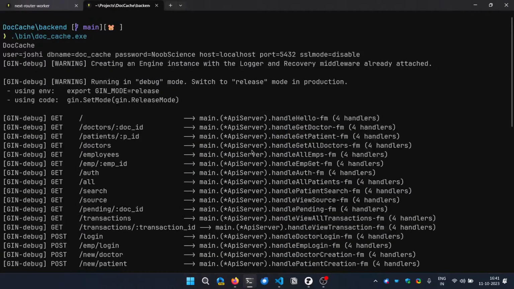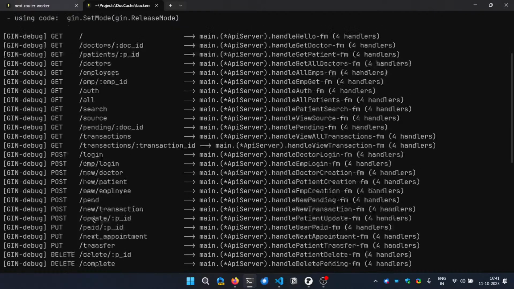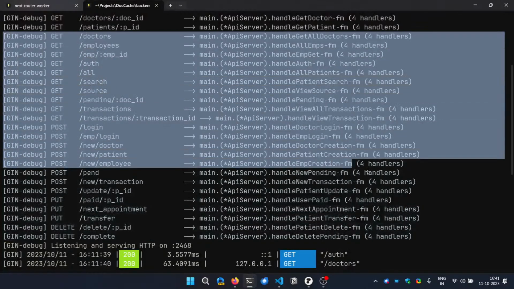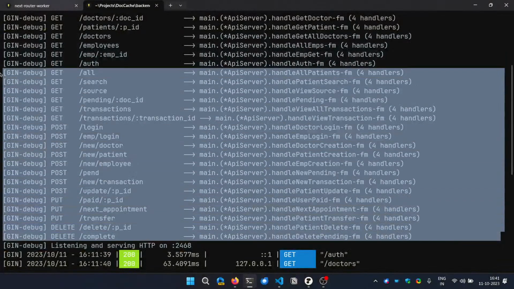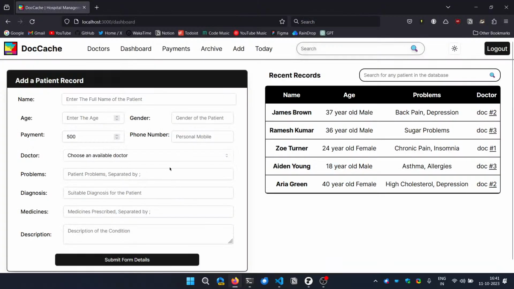And the backend is running on port 2468, and it's a Go backend with about, let me count, 6, 9, 12, 15, 18, 21, 24, and yeah, about 26 routes. So yeah, it's a simple Go backend with 26 routes and a Next.js front end with some cool stuff. The UI itself is styled using Tailwind CSS, and